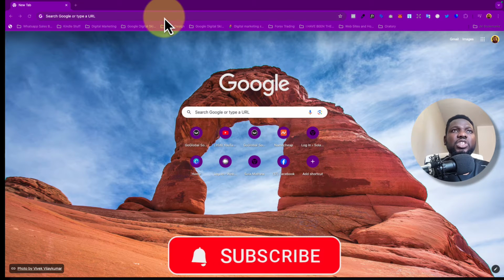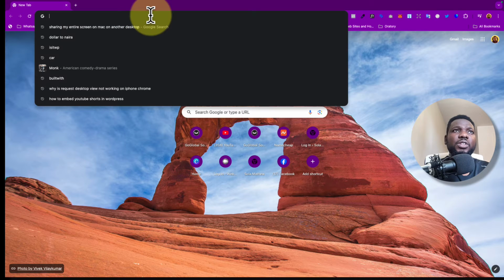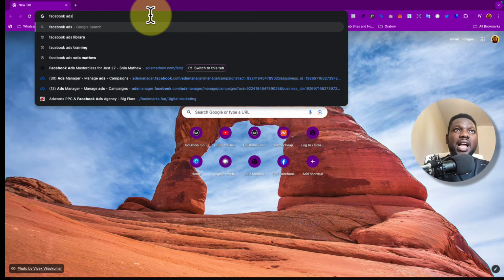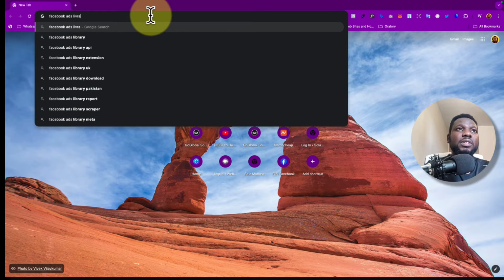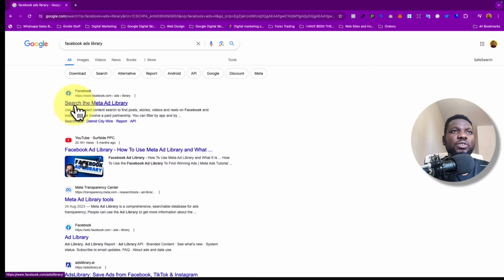pretty easy. So the first thing you need to do if you want to spy on your competitors is to go to Google and search for Facebook ads library. Right, so once you get to Facebook ads library, just click on it and you're going to see